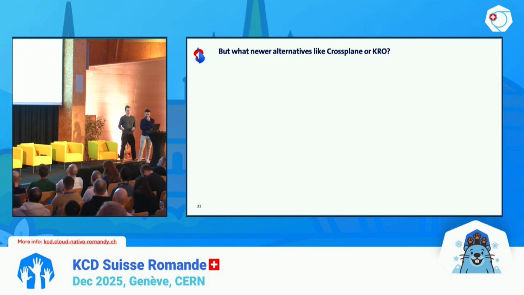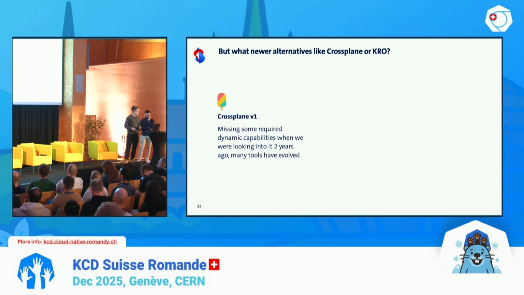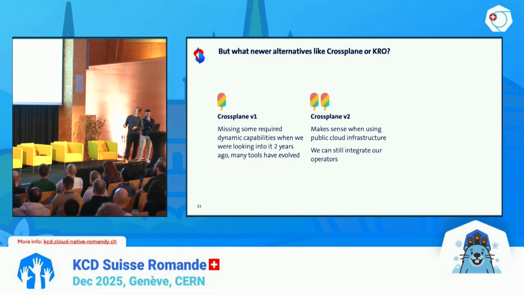Usually we gave this talk once before, and the question was, why don't you use Crossplane? Well, we looked at all the different things that were out there 2 years ago. It was Crossplane v1. For us, the capabilities were not what we needed, so that's why we use custom operators. Now there's Crossplane 2, so maybe that changes things a bit, but for us, if you don't use public cloud, if you have backends, you need to integrate yourself. You can develop plugins, but if it's your own systems, it doesn't